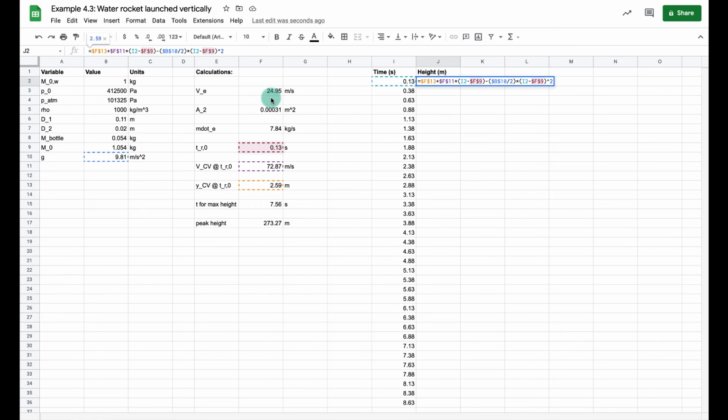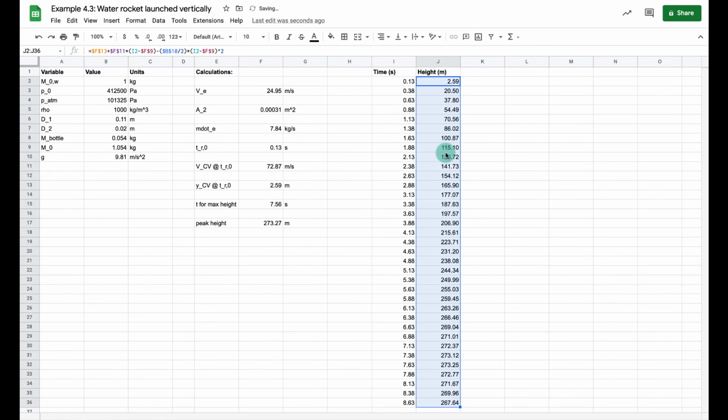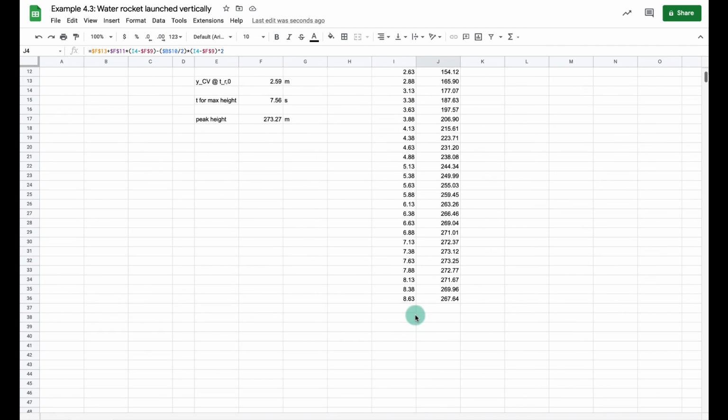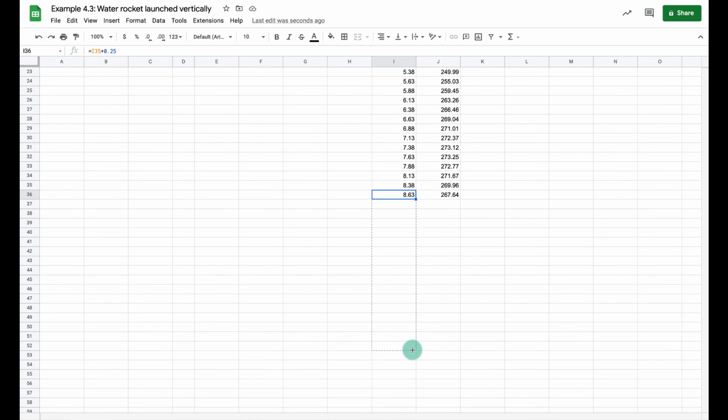Okay, so now I pull this little box down. If I click on this, you see these values with the dollar sign stayed the same, but the I2 now went to an I3, and if I click on this next one, it goes to an I4. So the ones without the dollar signs will change, and the ones with the dollar signs will stay the same. Now I'm going to scroll down and plot this over a longer range of time